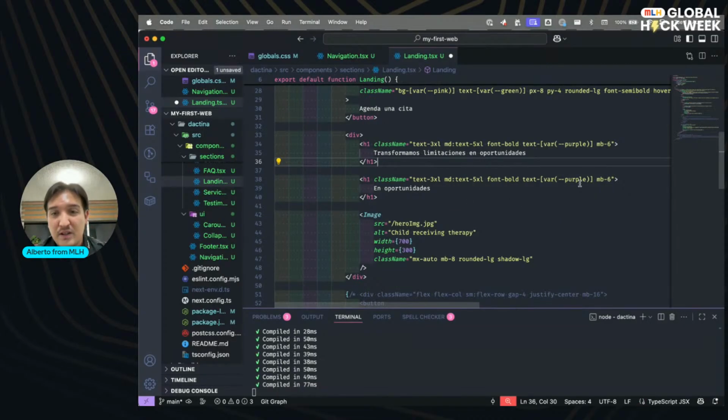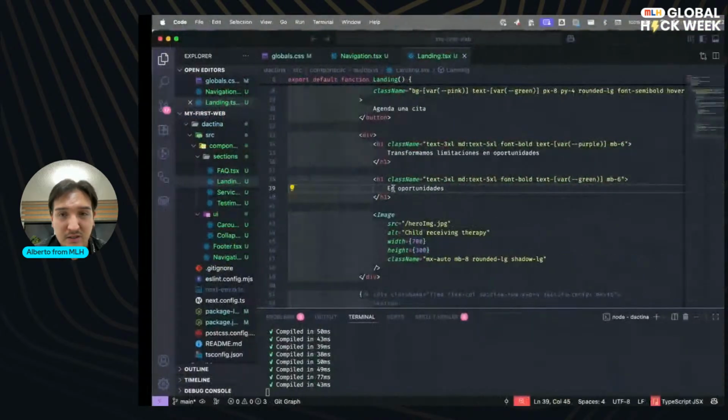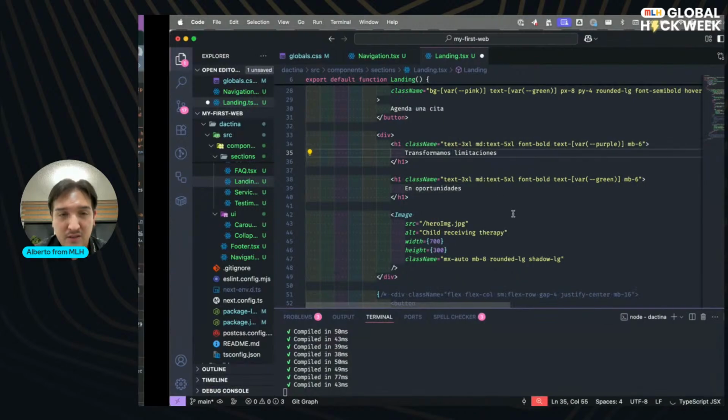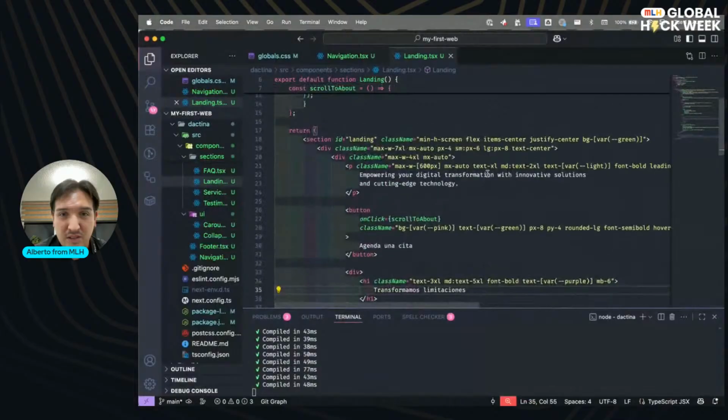This is going to be not purple, but green. And let's see how it looks. Okay. This does not need to be max anymore. This is not, but purple.